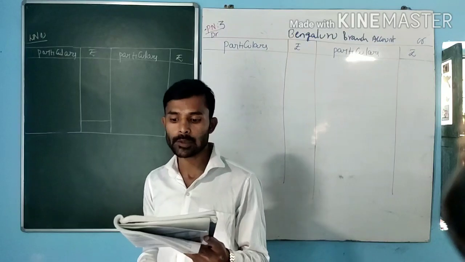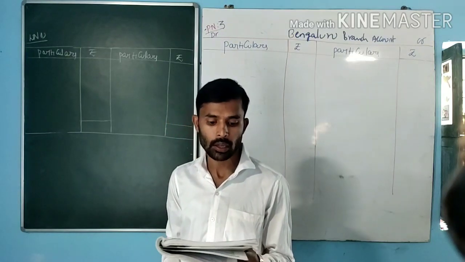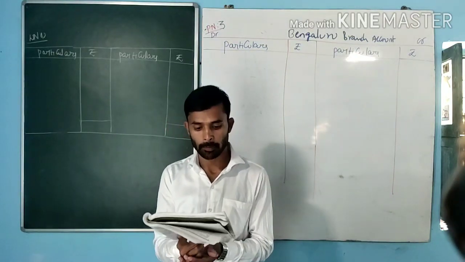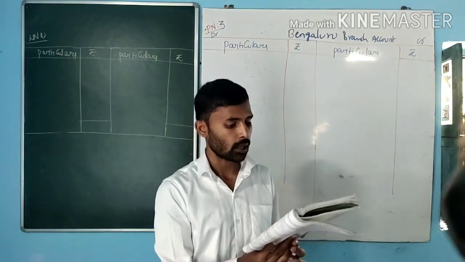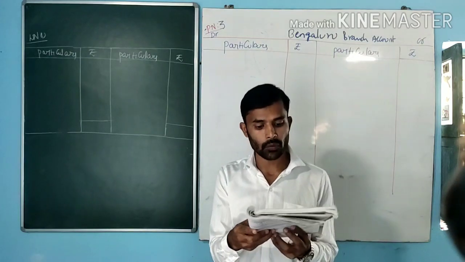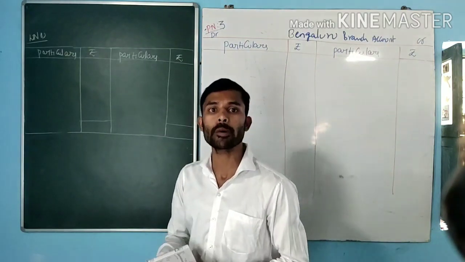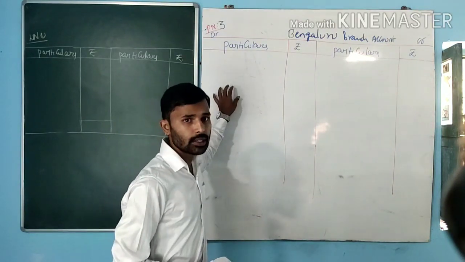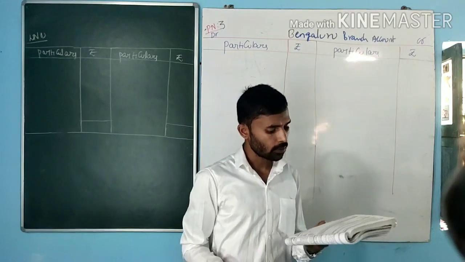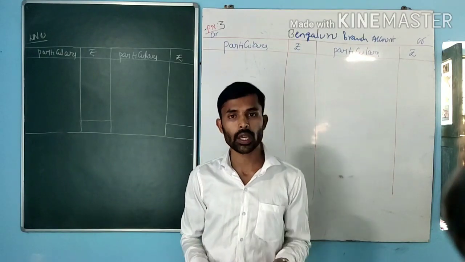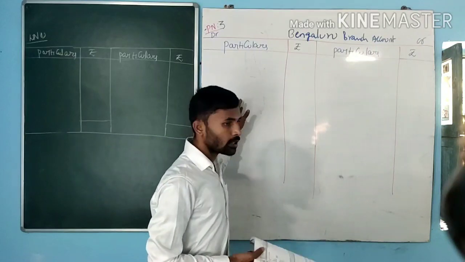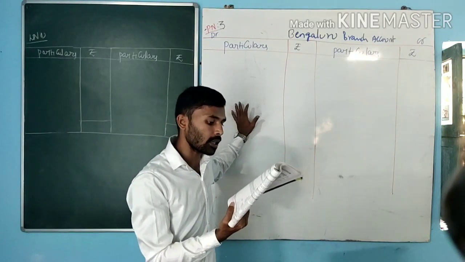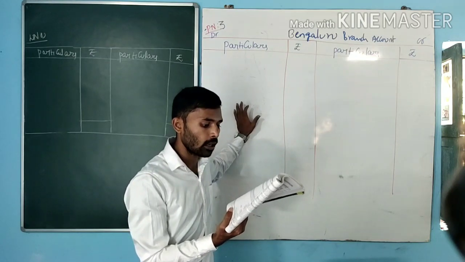From the following details, prepare Bengaluru branch account in the books of head office and also prepare branch debtors account therein. Now, see one by one. So that is stock of goods at branch on 1/4/2014. Stock is an opening asset, that is opening stock, and comes under debit side. Next one, petty cash on 1/4/2014. It's an asset, debit side. Next, furniture, it's a fixed asset, opening asset on 1/4/2014, debit side.